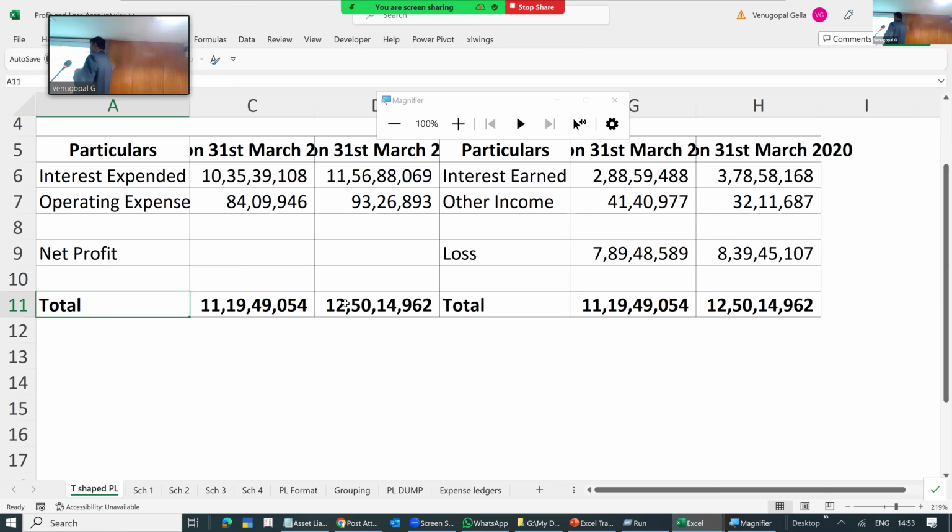Just because you are seeing this as a loss, this doesn't mean that this is a loss making branch. HO, I guess, factors in the interest level. So HO in their internal BO will factor in their cost of funds, and then they will analyze whether this branch is making profits or losses.